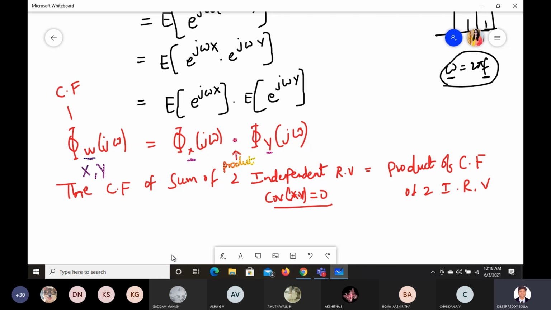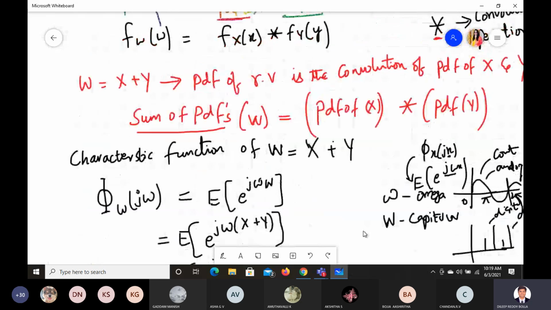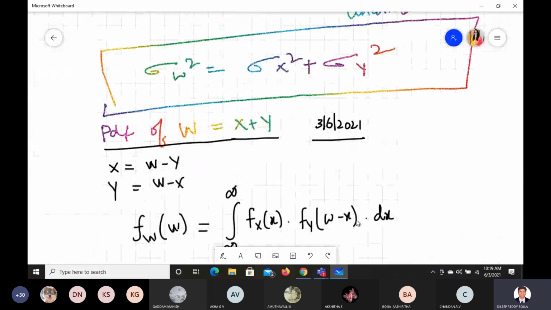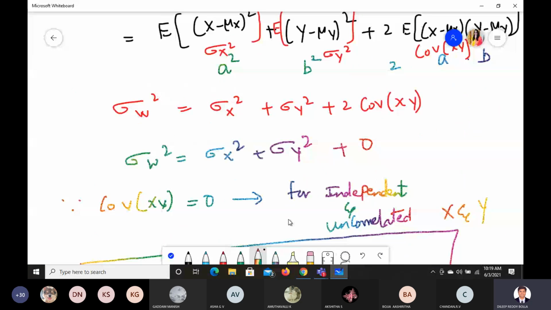Now, where to use this? Till now, this much we studied about the sum of two independent random variables. This much we have understood. What is this topic we are trying to see? The sum of two independent random variables. Where to use this, sir? Any one of you? Where can we use this to understand? What is the essence, the application behind it?